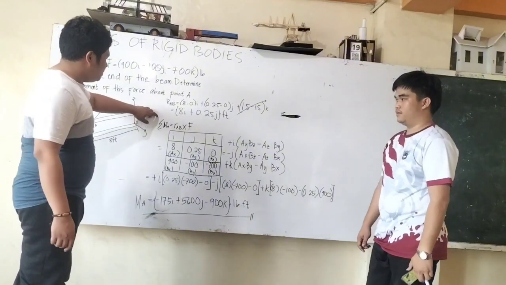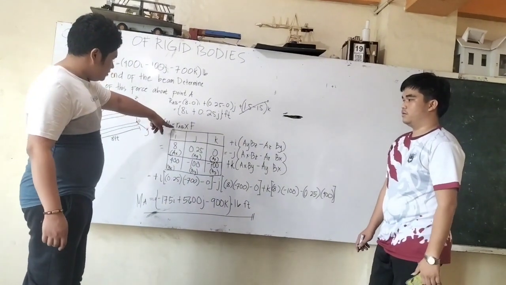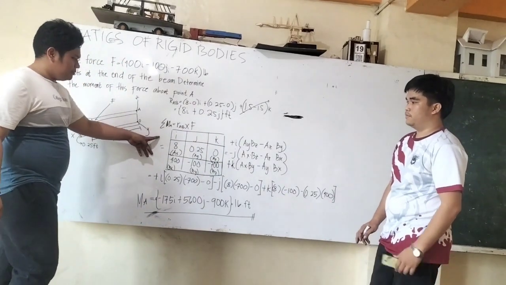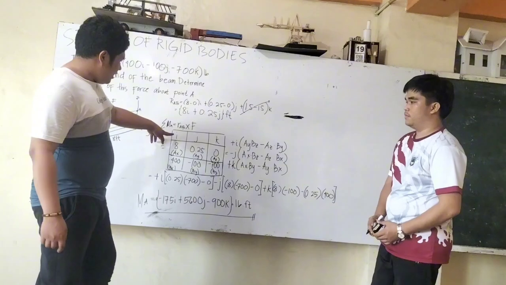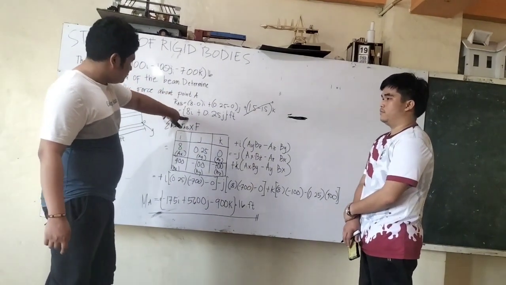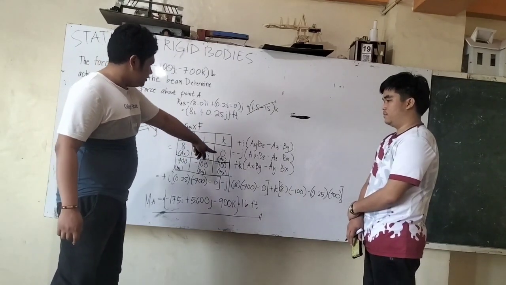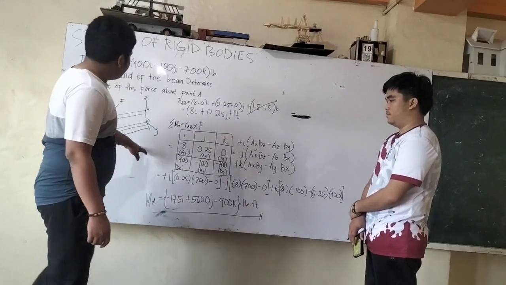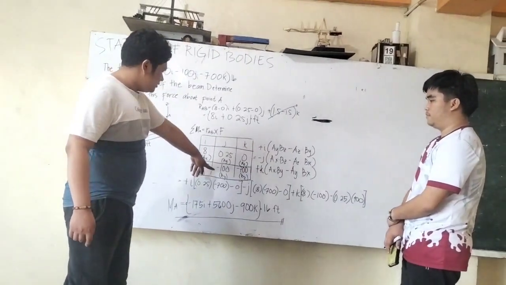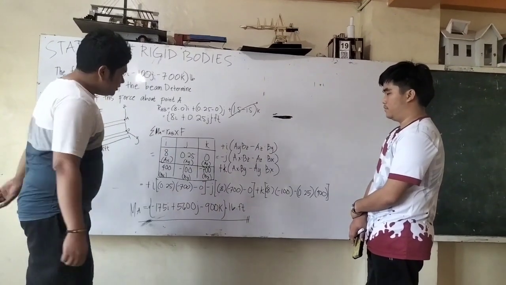In order to solve for the moment at A, we'll use summation, which equals RAB times force. So we will use the matrix method. We have i, j, and k. We will input the corresponding values, which are 8i, 0.25j, and 0k. And then we will also input the forces: 400i, negative 100j, and negative 700k.